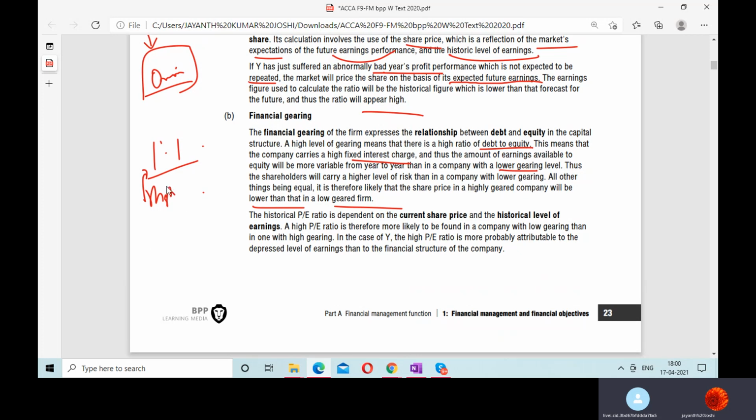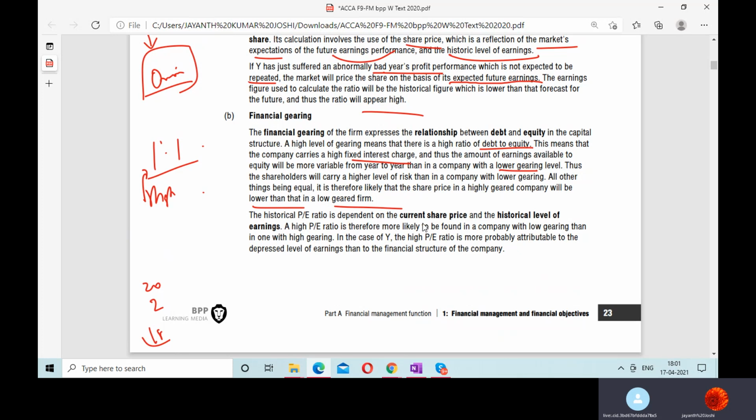Fine. Now you'll ask me a question: why does high risk mean high returns? When compared to risk takers, there are more people who are risk averse. In your class, if 20 people go for a picnic, only two or three will be risk takers. The rest of the 18 will say, no, no, I don't want to take the risk. I'm not speaking about those adventurous guys who are ready to take whatever risk they can. I'm speaking about a rational man. He would not like to invest in a company which is very risky, because of the financial gearing, high gearing.